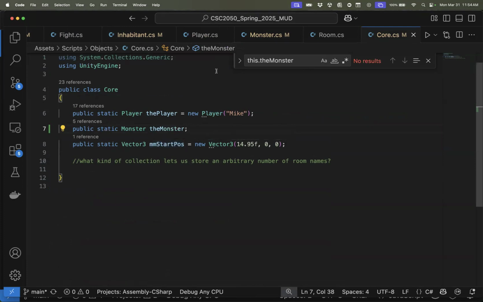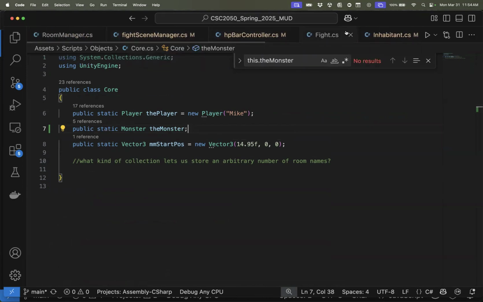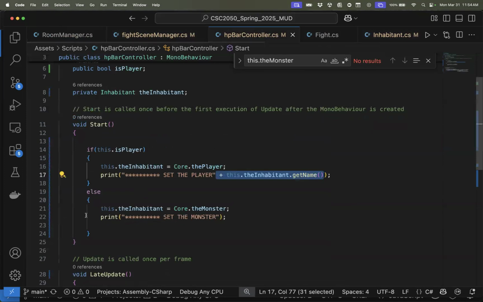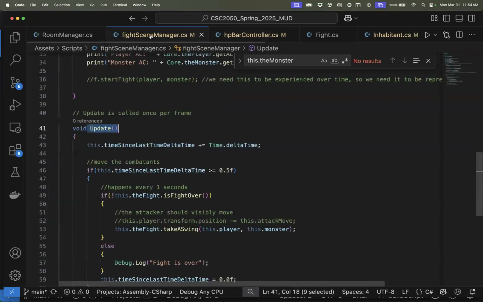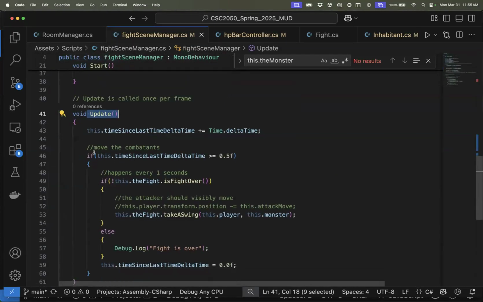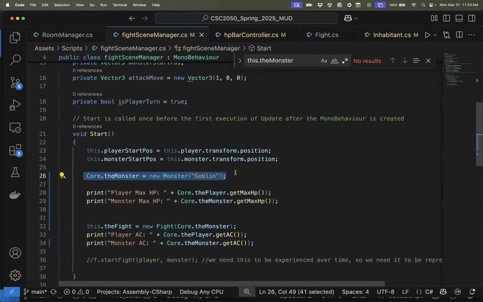Well, oh, wait. No, we're still good, because we put it into our fight controller and then made the other thing late update. So we're still operating off of late update, working as it says it should work. And our fight scene manager does build our monster right here. So I think we're still good. Well, not good, but